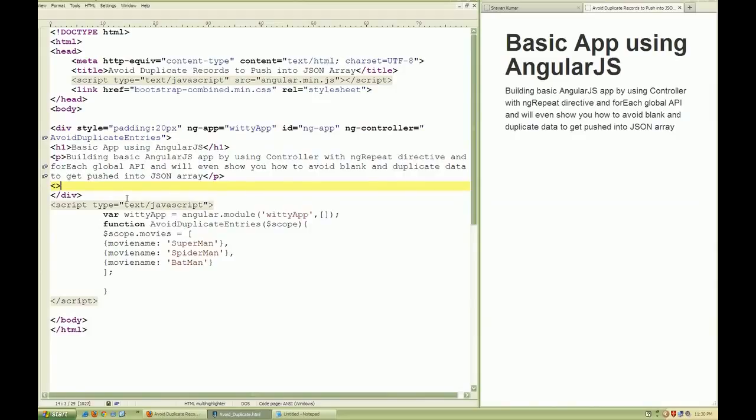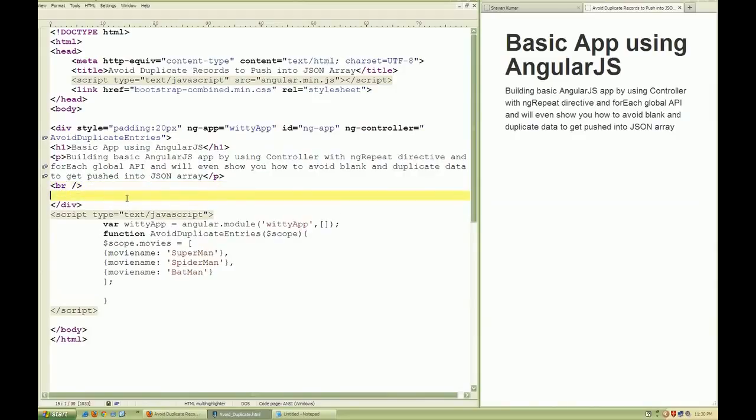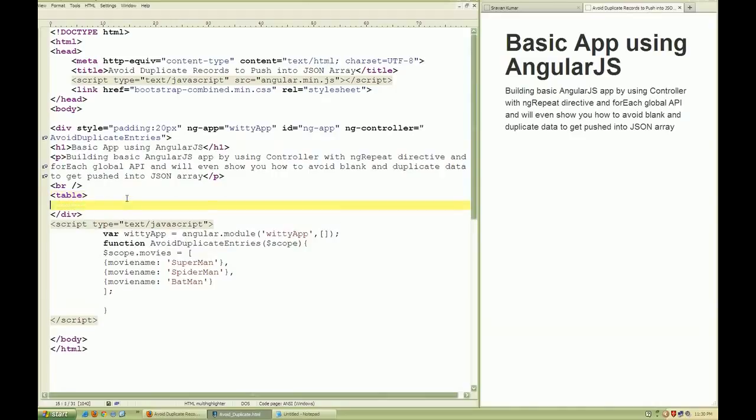Okay, table, and then since I have included Bootstrap, I would like to add Bootstrap classes over here. Table bordered,